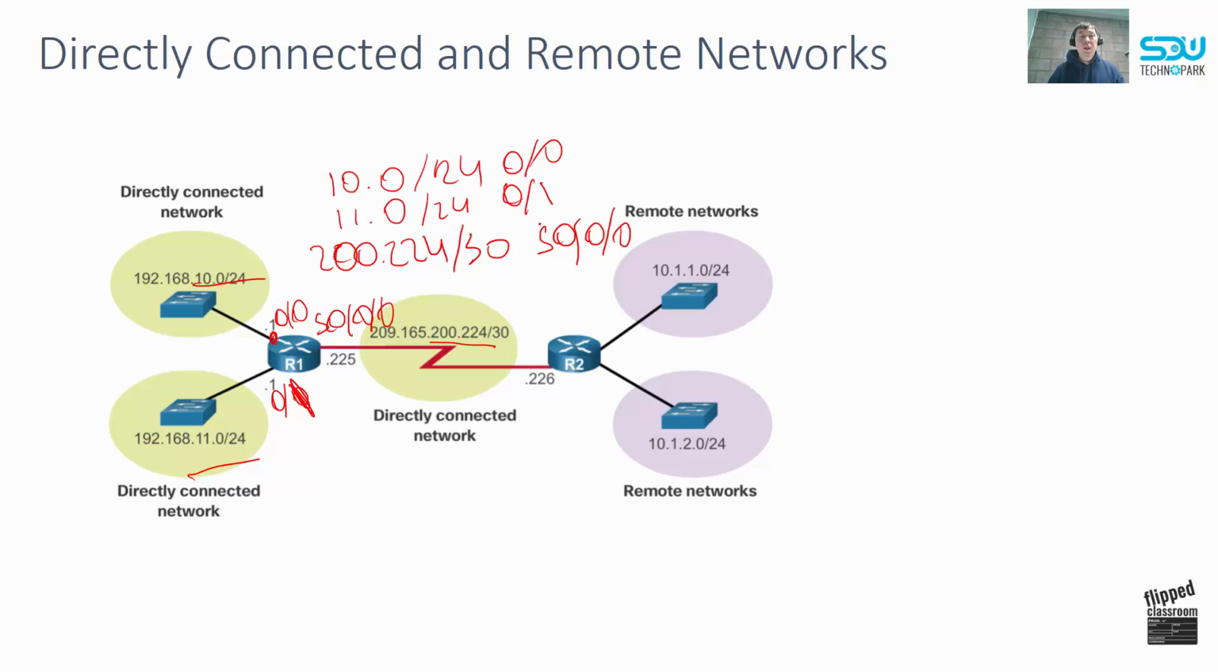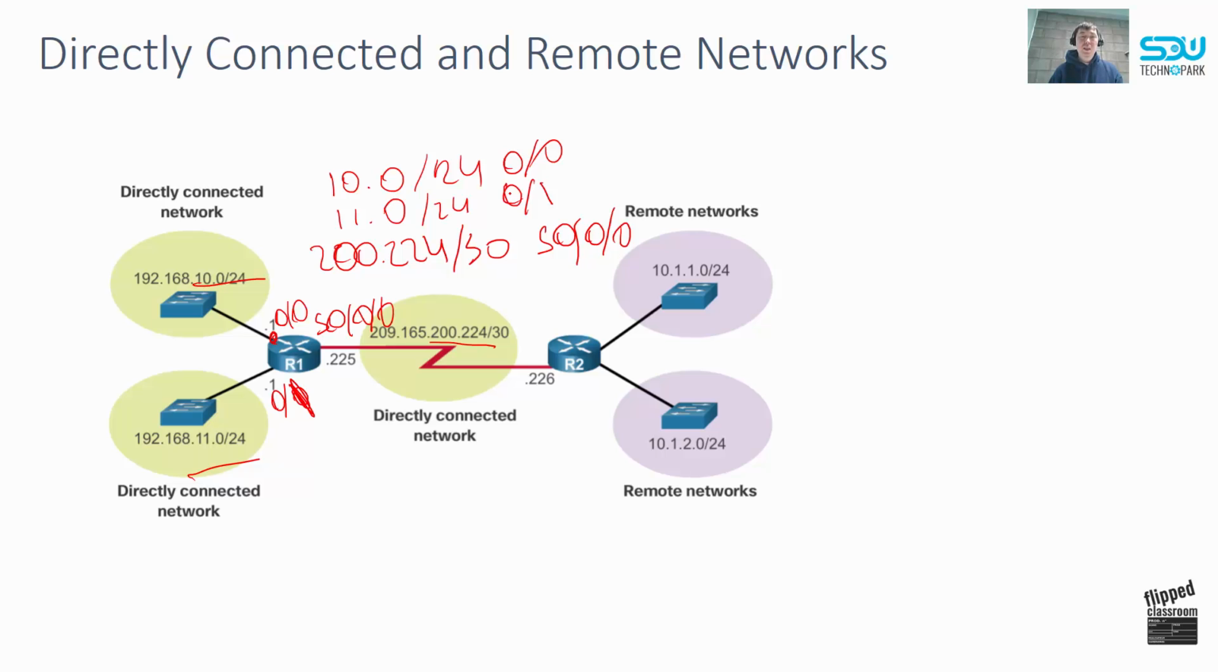Well, all non-directly connected networks will not be known by router 1 by default. So you have two variants of what you can do with not directly connected networks: you will configure these remote networks manually, or